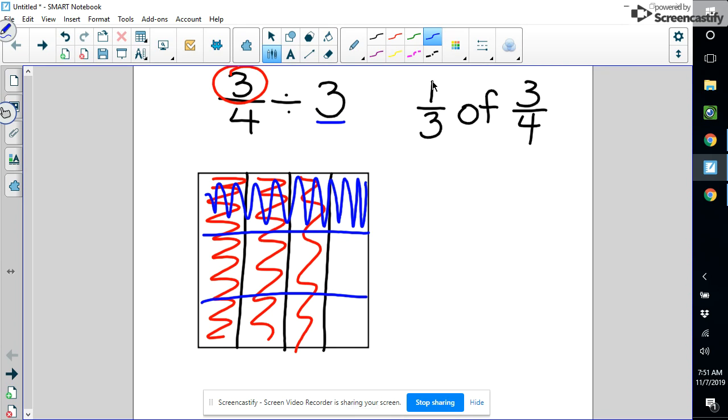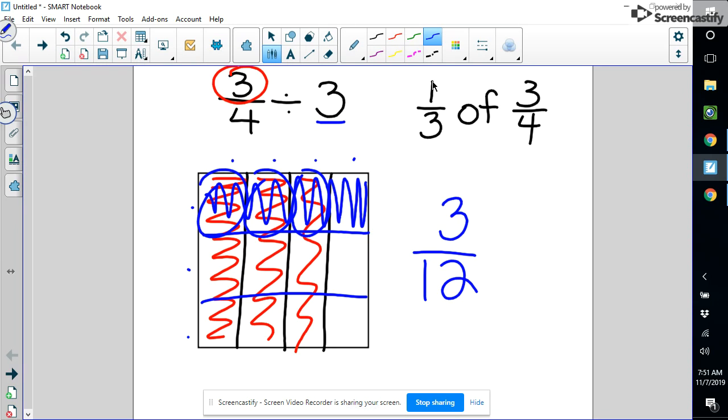When I look at this on here, when I took my fourths and my thirds and I split them up into them opposite ways, I now have 12 total boxes. I have 4 going across the top and I have 3 going across the bottom from my fourths and my 3 that I split it into. Looking at which ones I have colored with both blue and red, there is 1, 2, 3 boxes that are both red and blue. So 3 out of the 12 is going to be what my fraction answer to this